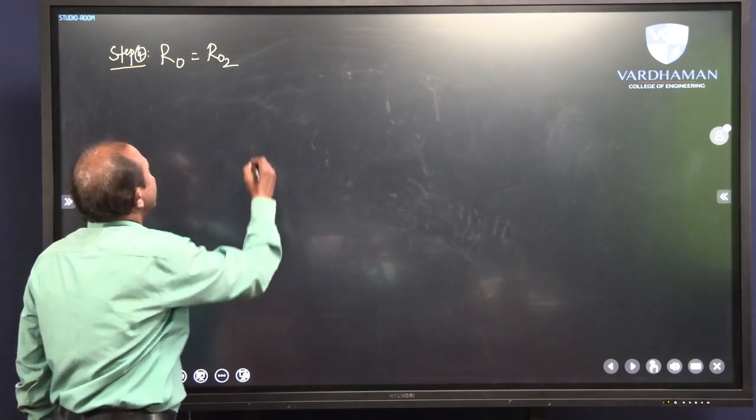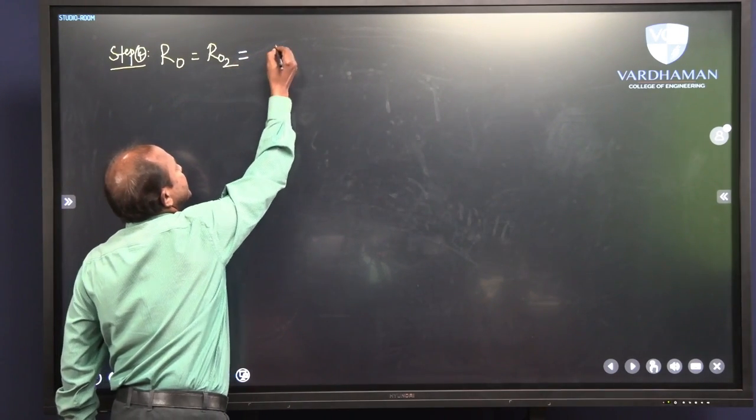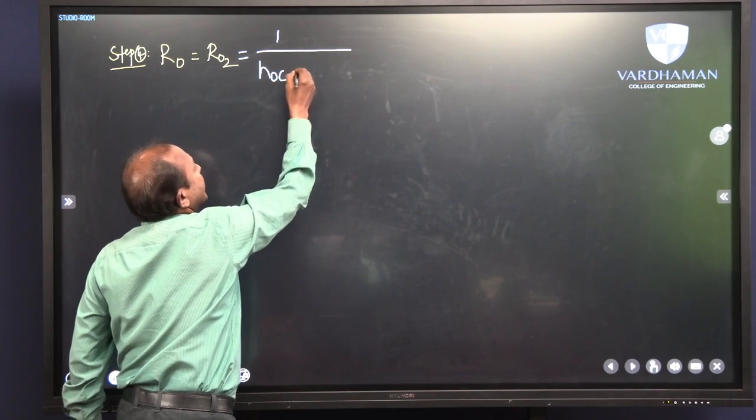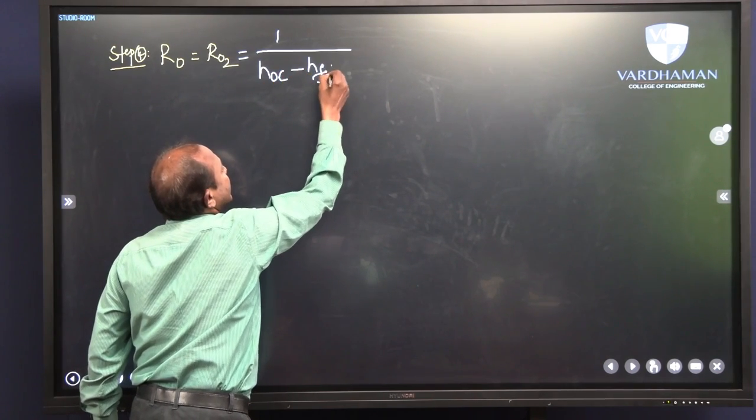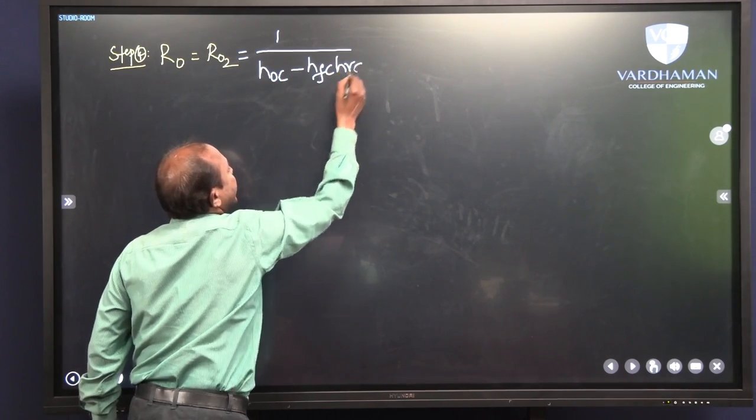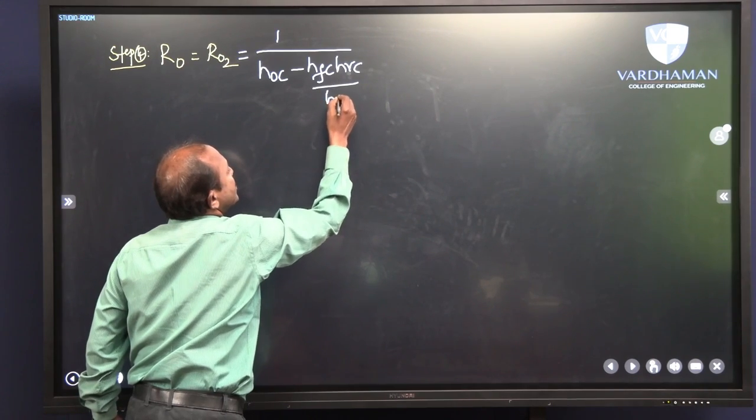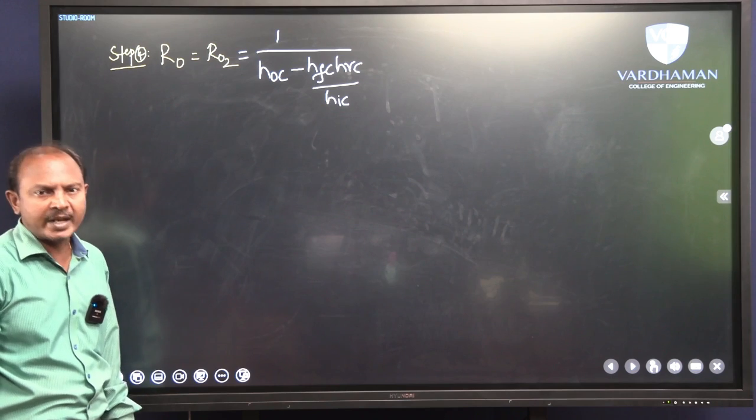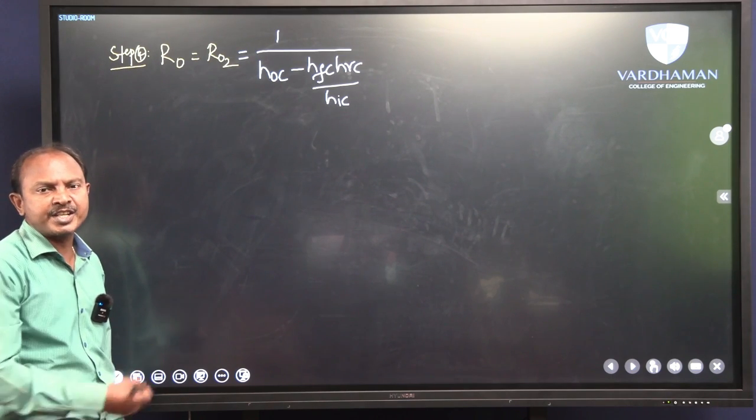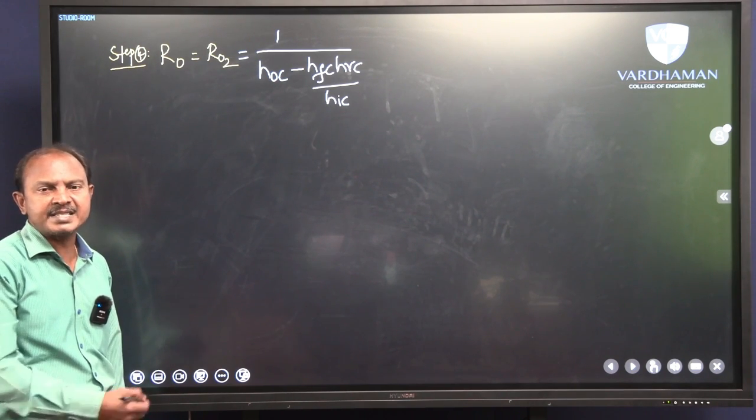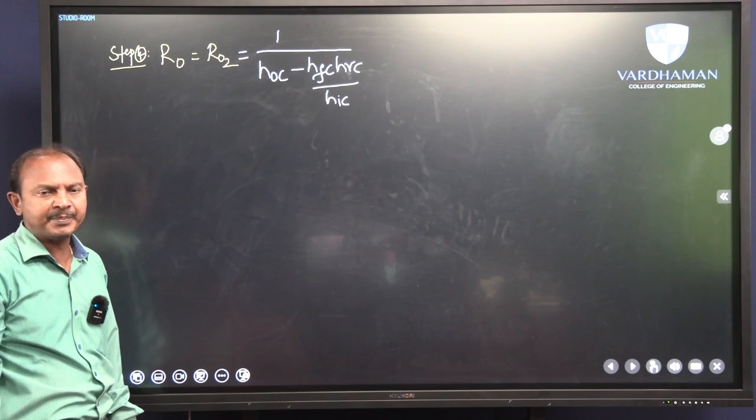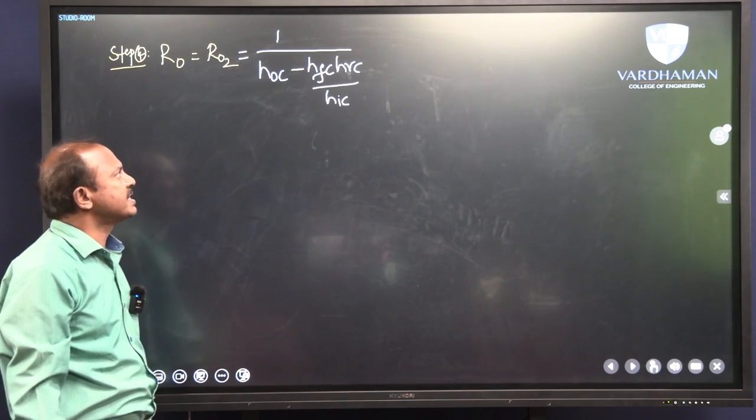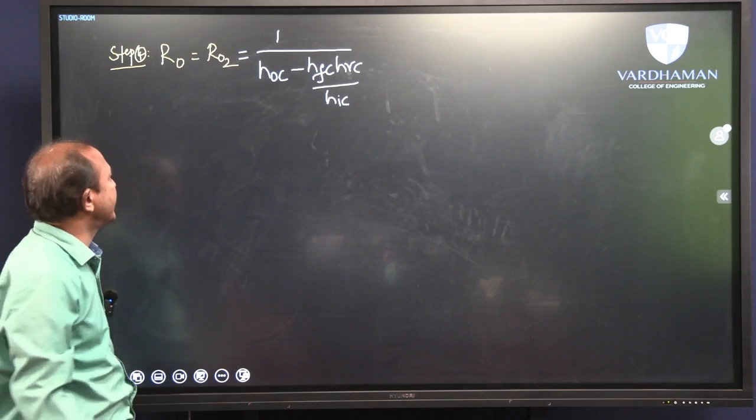Then recalling the formula for R02 we got, this is 1 by HOC minus HFC into HRC by HIC. Of course, we obtained this equation in case 1 while analyzing the second stage CC amplifier in Darlington pair amplifier. We got the equation for R02 as 1 by HOC minus HFC HRC by HIC. Then